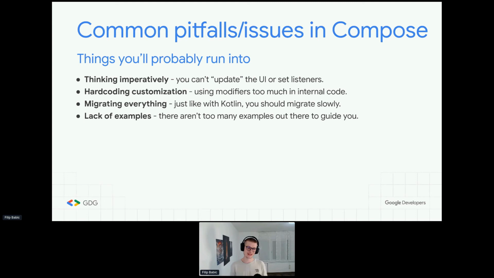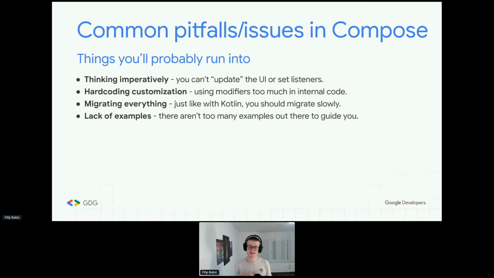The other issue or pitfall is that there is a lack of examples currently. There's not a lot of information out there to guide you. There are some books, obviously. There are some sample projects. There are some libraries out there, such as ours, that use Compose. But this doesn't mean that any of these pieces of code are the best way to build Compose, or the way to build Compose, right? Try experimenting with it, just like we have for the chat SDK, and try seeing what works for you and what helps you or makes it very easy for you to build your use cases.